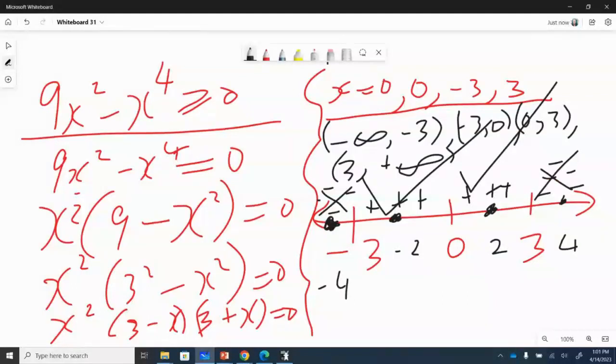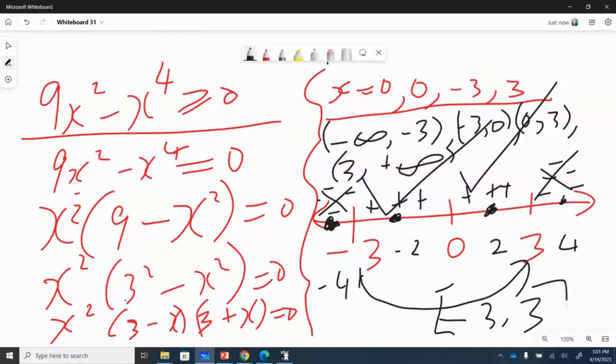So we have 2 intervals in our number line, and you can write -3. The solution region is from -3 to 3. Solution region is from -3 to 3. Okay,